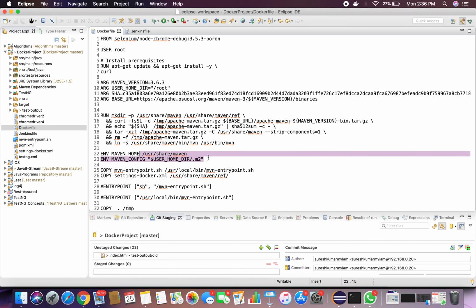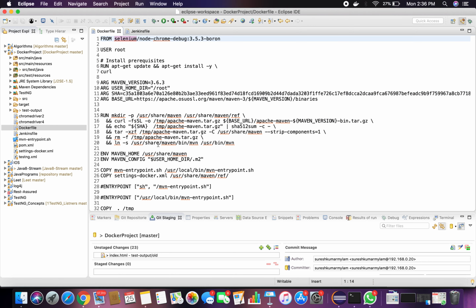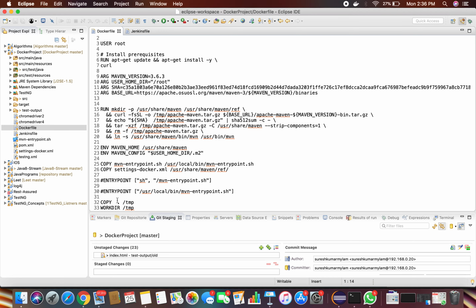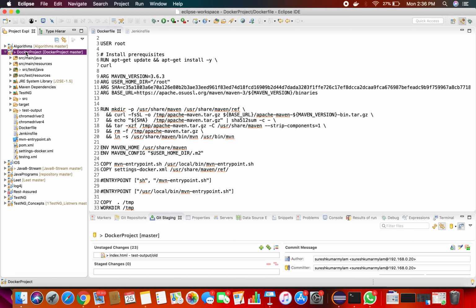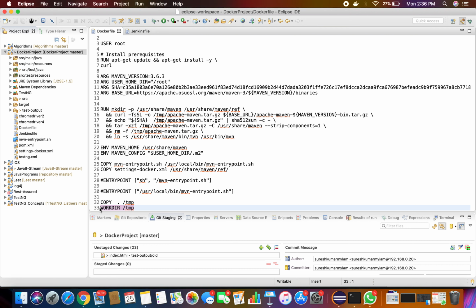Finally, it sets the user home directory as .m2, and all this helps me install Maven on this particular image. And then using the copy command, I am copying this project as a whole into a temp directory, making the temp directory my working directory in the container.